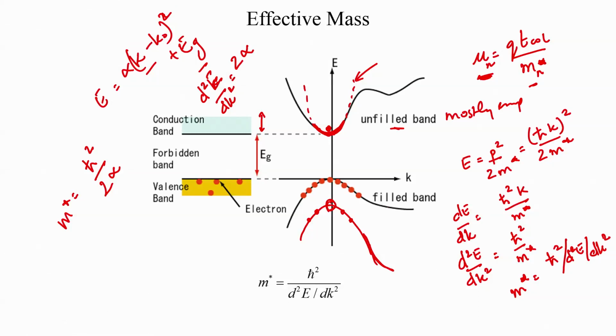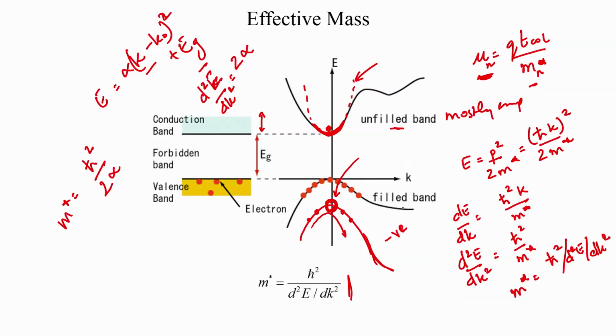that the hole is now going to behave like a particle, and if we use the same kinds of laws of motion, that is a relation between the force and the effective mean collision time and the mobility and the effective mass for a hole, we can calculate the mass for a hole using a similar argument. But since this parabola is inverted, we find that we end up with negative values for the mass